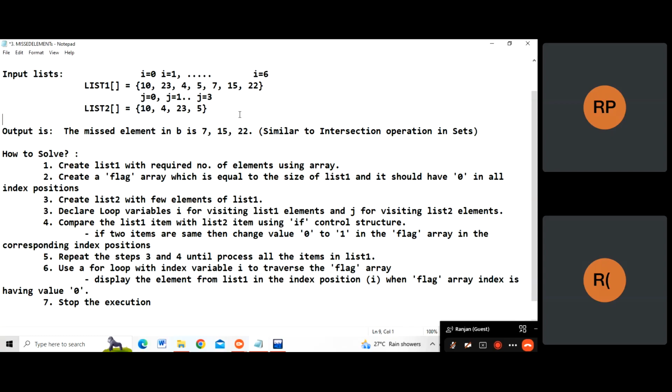For example, I just mark it here: list 1 of i and list 2 of j. Both are the same. If both are the same, then what can we do? So flag of i. Please understand, flag of i only, because the flag takes the index of